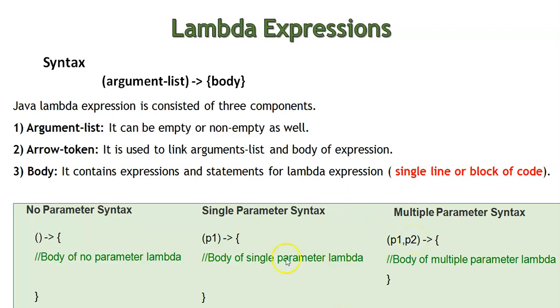The parameter type that is given here in the argument list can be implicit, that is, we can give the parameter directly, the values can be given directly. Like if you are going to calculate the factorial, you can give the argument as 5 here directly. If you give 5 directly, then it is called the implicit parameter type. Also, it can be specified explicitly. That is, you can specify it along with its data type. So we can write it as int a, like that. So the parameter type that is given here can be both implicit as well as